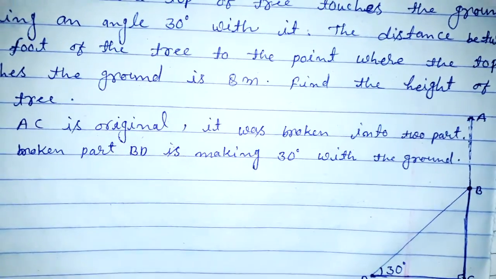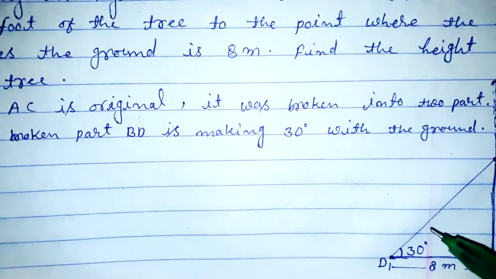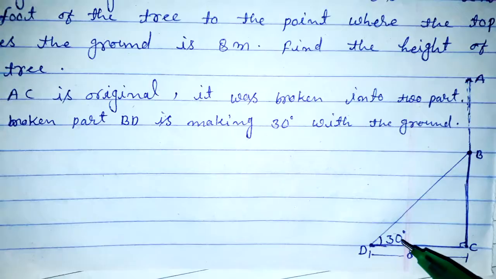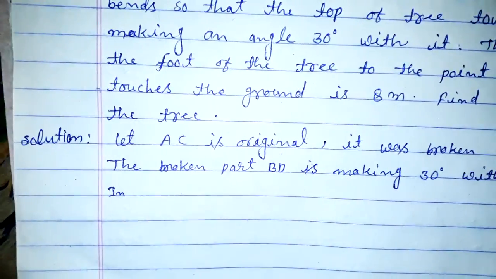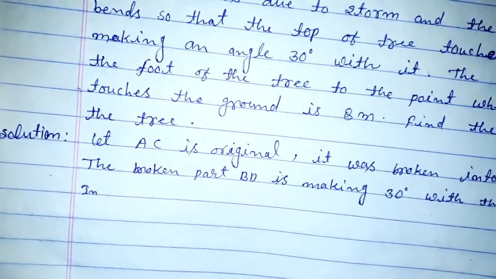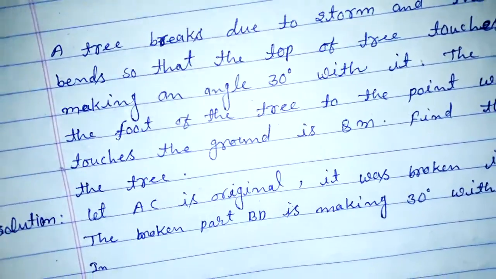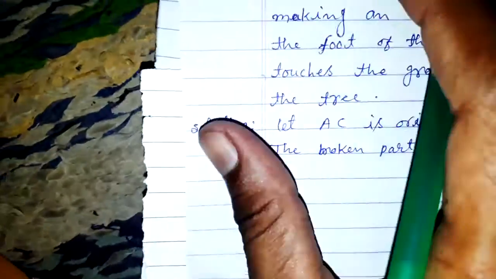It was broken into two parts. The broken part BD, here BD is the broken part, making a 30 degree angle with the ground. In triangle BCD,